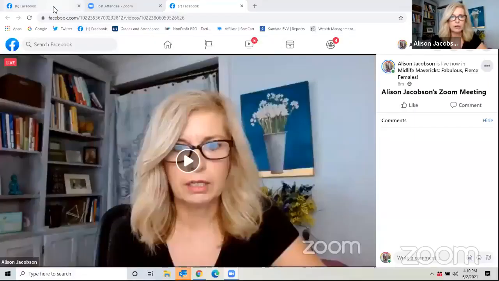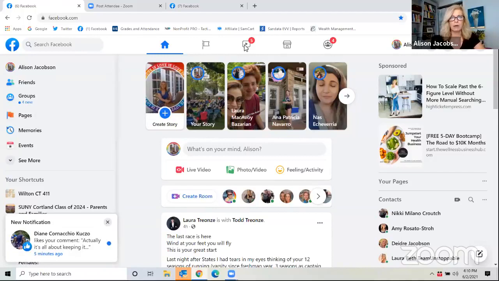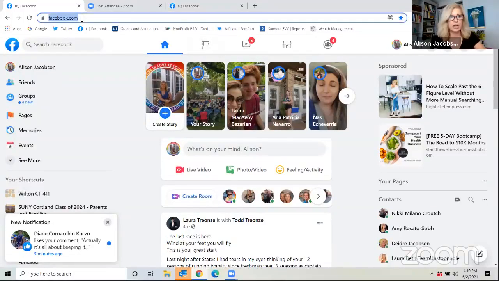So here comes the most important part. Where do you go to create the pixel? And I'm going to share my screen because we're going to walk right through this entire process. So we're going to share my screen, and we're going to go to Facebook. Okay, so I'm thinking you're going to see all of this. What you can do is you can type in